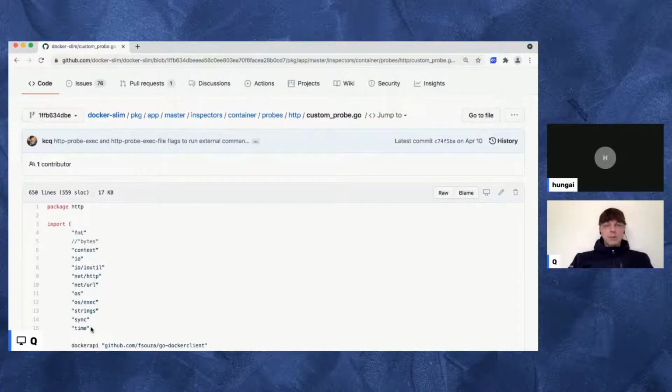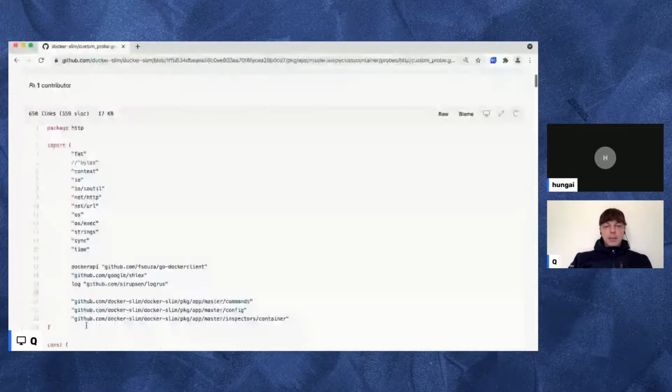For example, gRPC, even though it's on top of HTTP2. The goal there is that, now that the original probing capability has been extended beyond basic HTTP probes, it makes sense to make it more generic and find a new place for that package. But anyways,